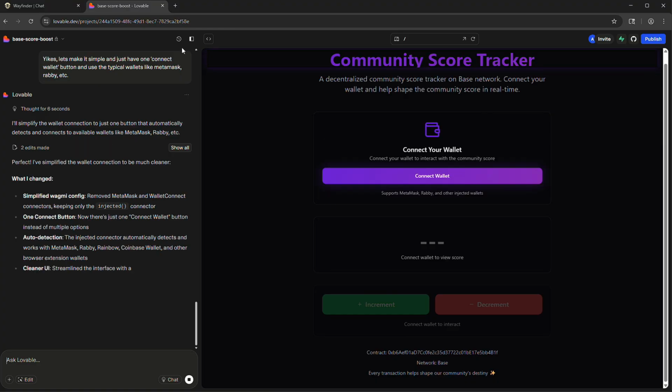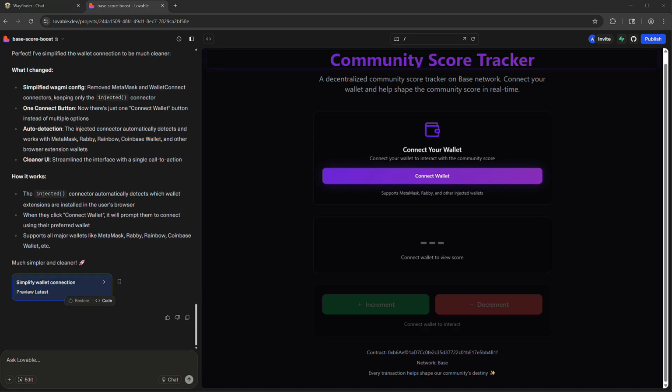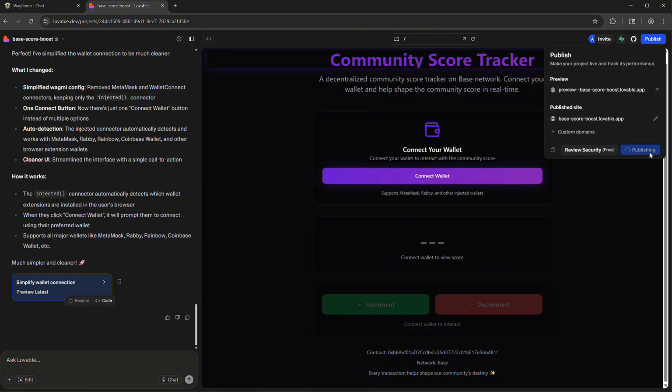It thinks for a minute, removes the extra buttons, and I'm going to go ahead and publish the site, and I'll go try it out. I can connect,